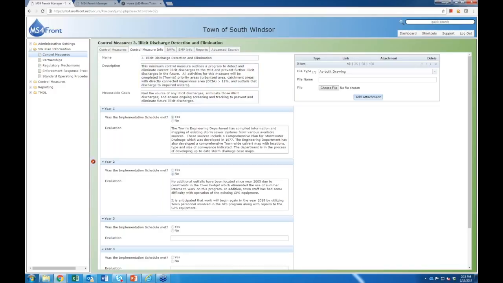So we have a name field, so you have the flexibility to change the name however you want. For this example, I've just kept it pretty consistent with both the permit language and the template that's out there. So we have a description, measurable goals, and I've also added for this account a number of other boxes. So we have the ability to store a few attributes with this specific control measure for the purpose of